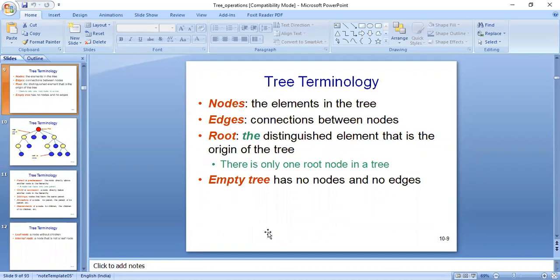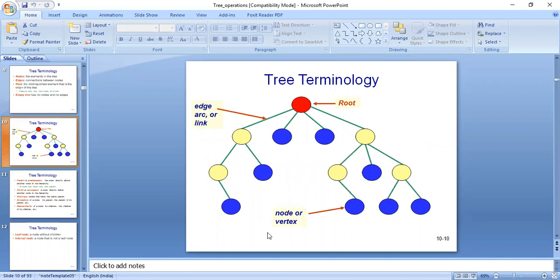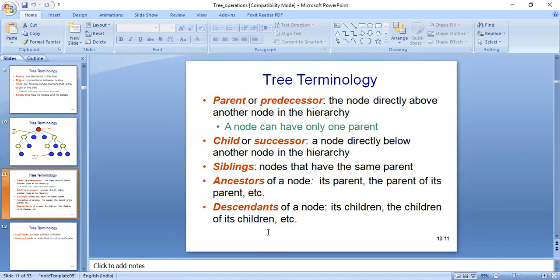So we have nodes, edges, roots, and the empty tree, which is any tree having no node, no root node, no parent node, no edges. That will be termed an empty tree. Any connectivity between the nodes is termed your edges, link or arc, and vertices will be your nodes.